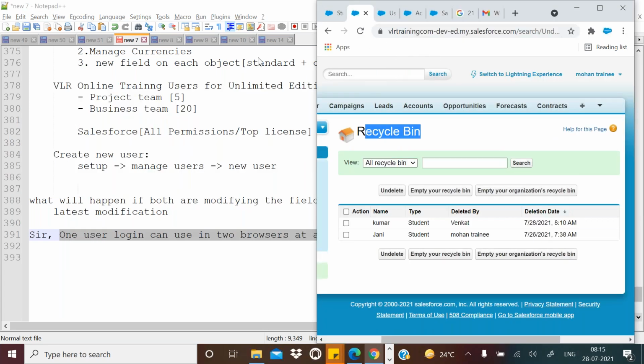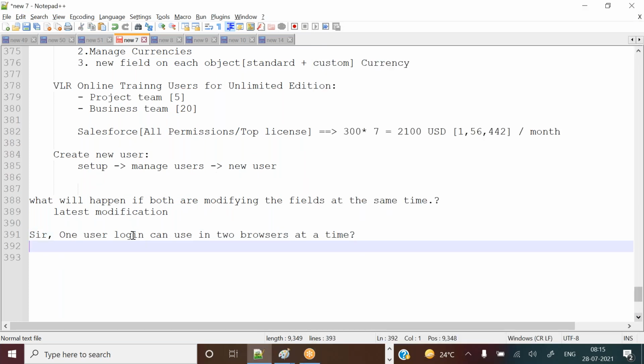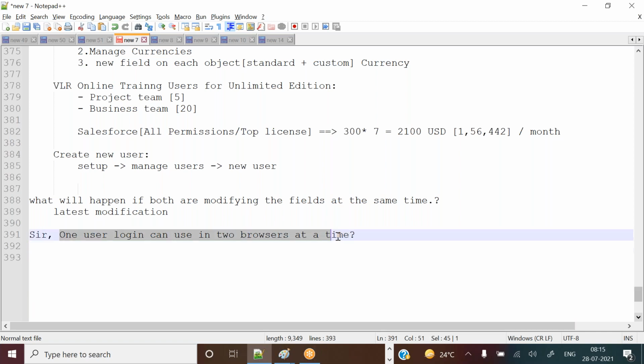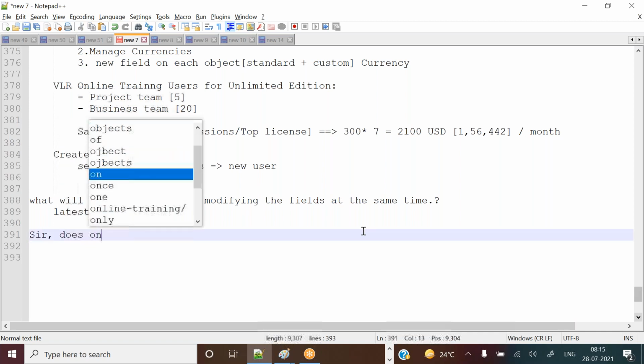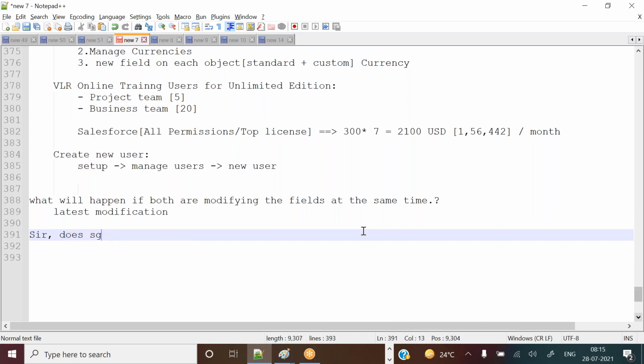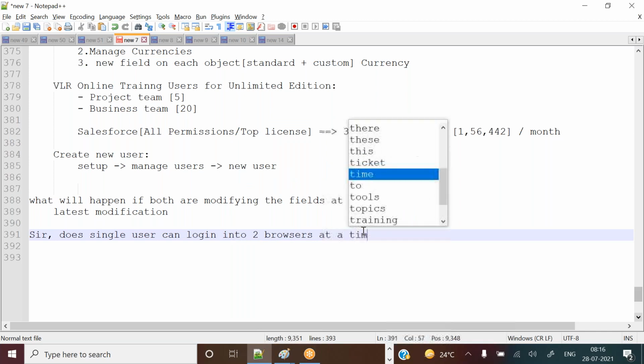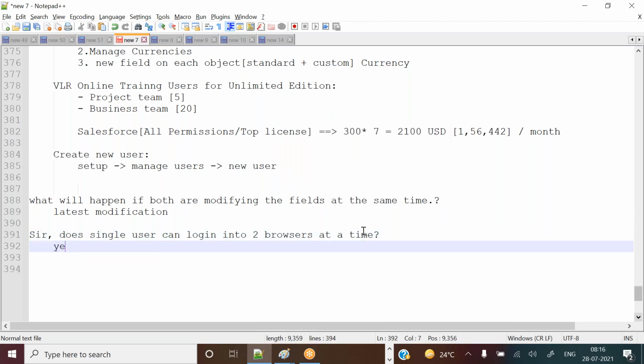The question can be changed to this: can a single user log in to 2 browsers at a time? This is the question, guys. The answer is yes. Multiple browsers.